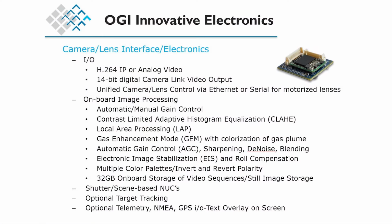So again, we provide the electronics in this product. These are some of the capabilities. It uses different interfaces, H.264, analog video, also digital Camera Link as well. The onboard image processing are things like automatic gain and level control, CLAHE, local area processing, or gas enhancement mode. All of these things, again, to make it very easy on the operator, to make it just more of a point and shoot. There is capabilities with the encoder that we use also for adding target tracking, telemetry, NMEA, and